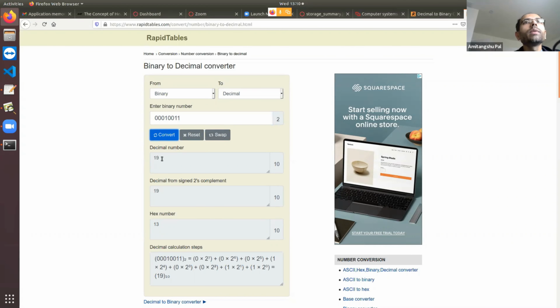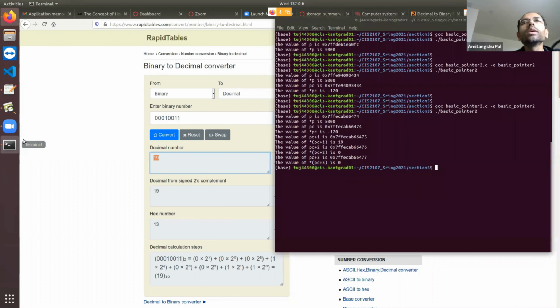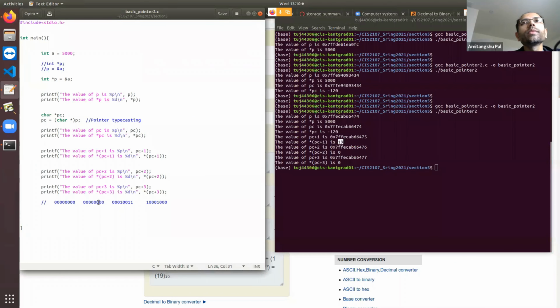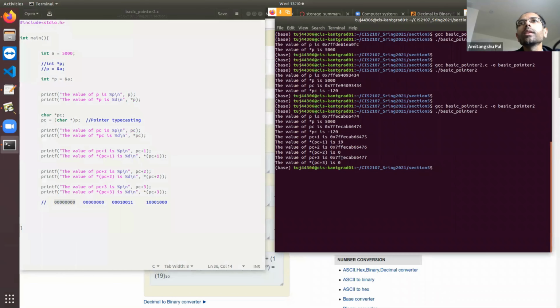The value of the second byte is 90. You see that this value resembles this. And the previous two values are zeros and zeros, so you are getting zeros. Clear to everyone? That means what's happening over here?